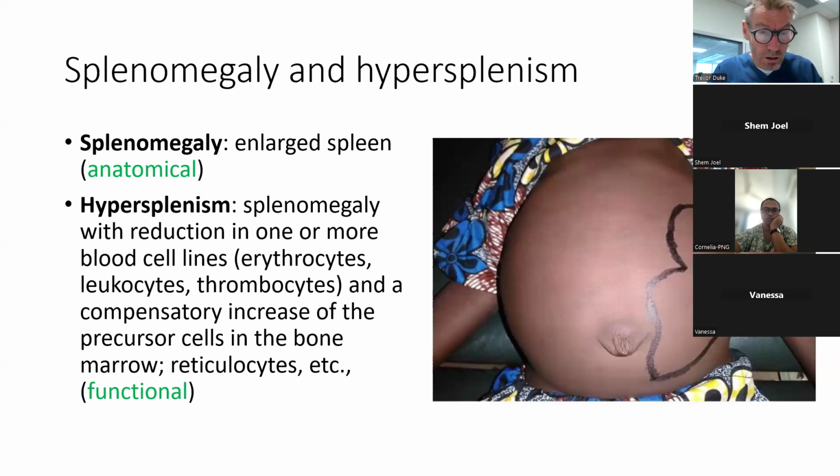And so you'll have a high reticulocyte count or a lot of immature blood forms, or you'll have some immature platelets, which you usually can't see. But so the patient will be thrombocytopenic or leukopenic or anemic, and usually one or two of those problems, and they'll have a large spleen. Just to make the distinction between splenomegaly and hypersplenism. We see a lot of both of these things, but not everyone who has splenomegaly will have hypersplenism, but many